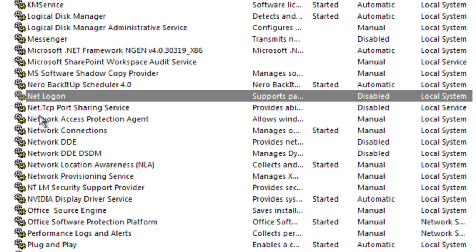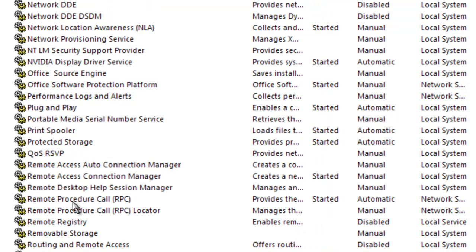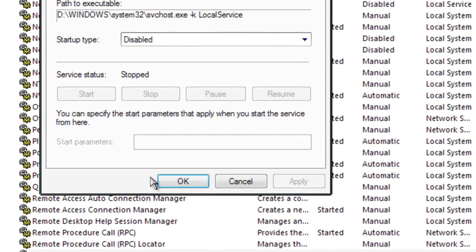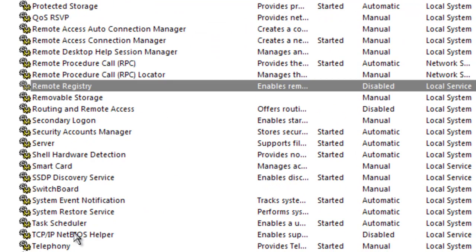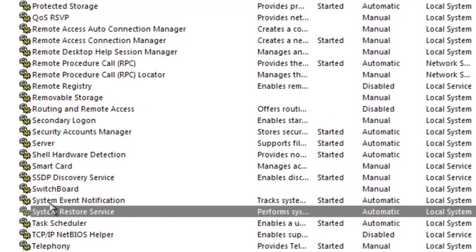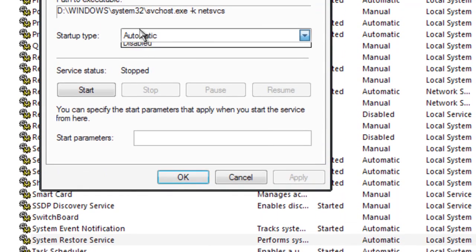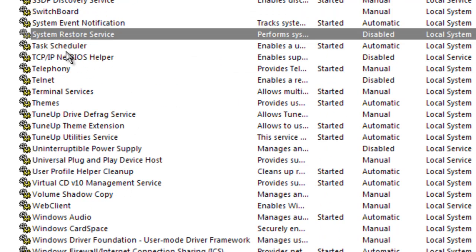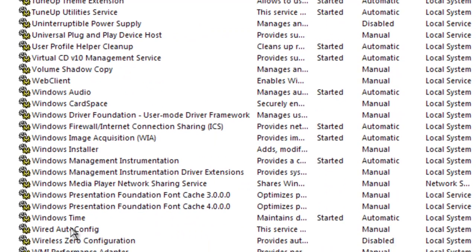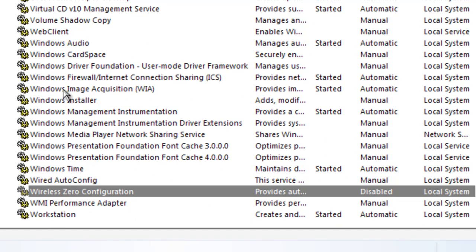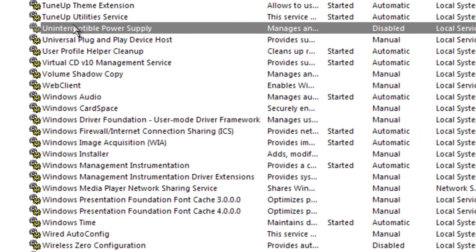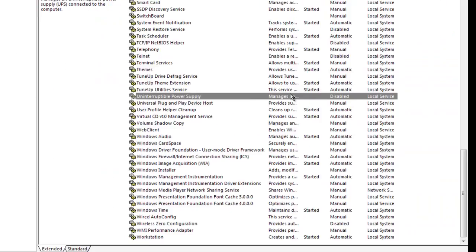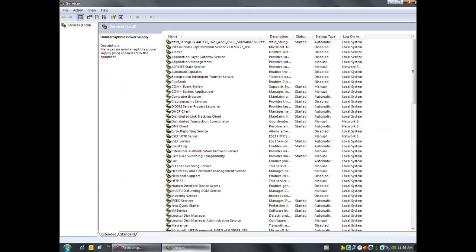I am not able to see the service, but there is another service known as the net meeting remote desktop sharing. That service also needs to be disabled. Next is the remote registry service. Next we jump on to TCP IP NetBIOS helper. System restore service takes a lot of space, so I recommend disabling it. I recommend disable the system restore service. Next is wireless zero configuration and uninterruptible power supply. These services need to be disabled on Windows XP, and I am 100% sure that